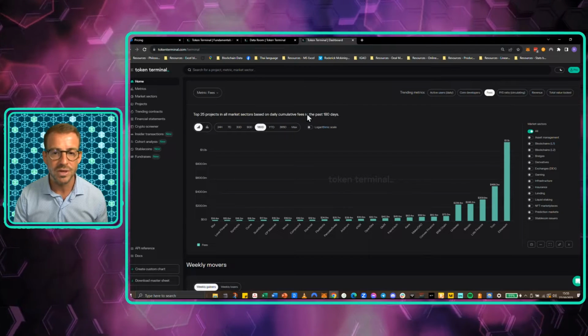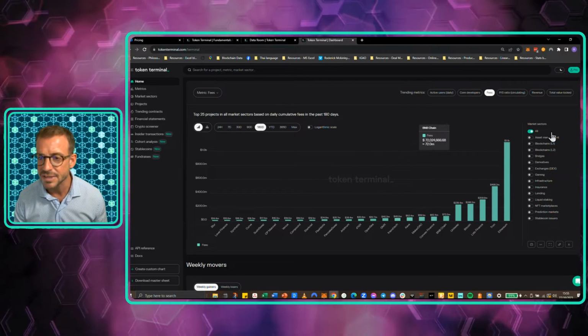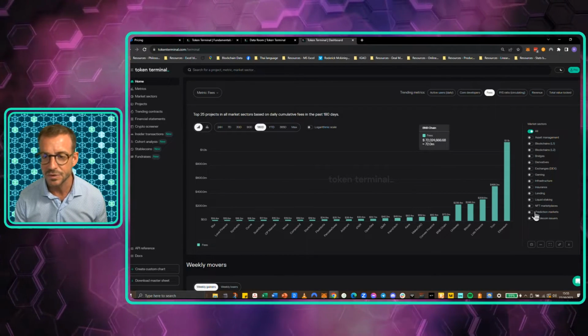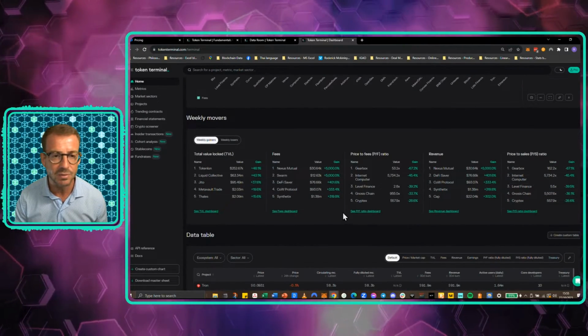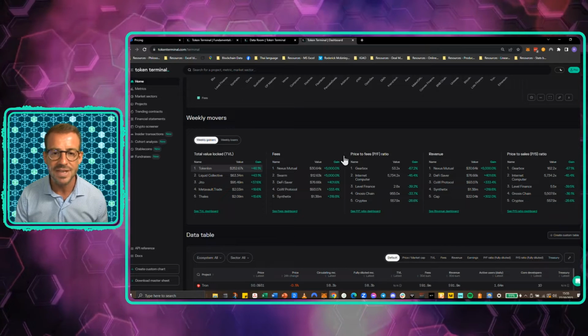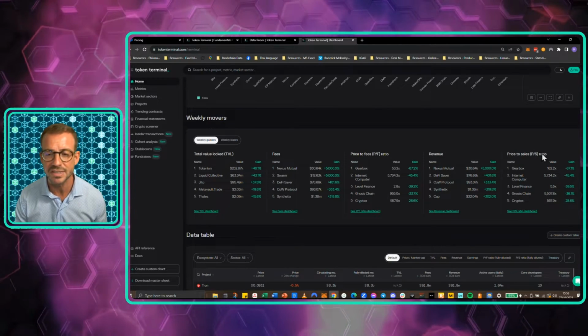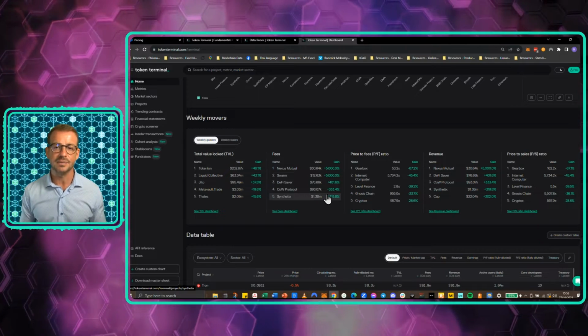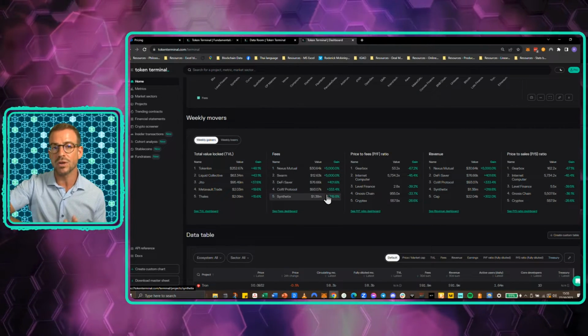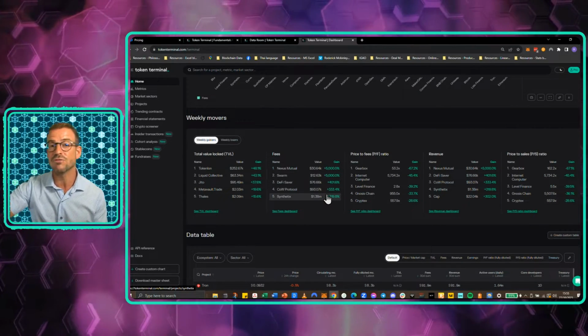Already, top 25 projects. Let's see, market sectors. I can switch these on and off here. I like that. Display weekly movers in TVL, fees, revenue, price to sales ratio. So this is interesting. You already get a sense that the way we're looking at data, we're looking at it from the metric view,